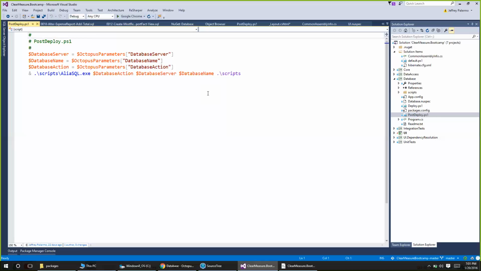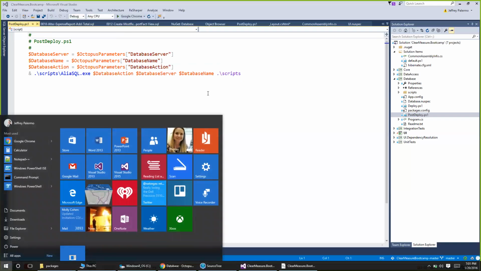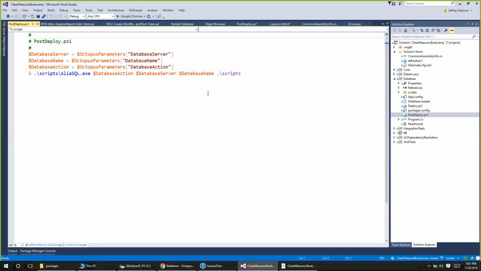So when you run this again and again, isn't that column already there? Well, yeah, but AliasQL does that for us. Any database migration tool is going to do the right thing, so you're relying on the tool to help manage that. Right, and by default, AliasQL, it's an open source one that we contribute to, but we also, for